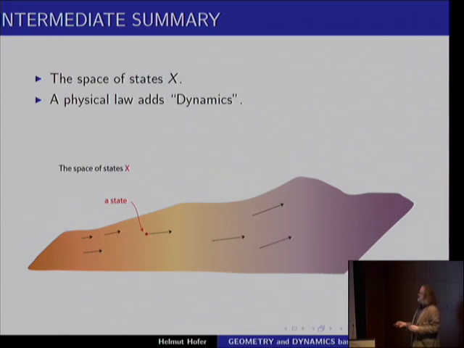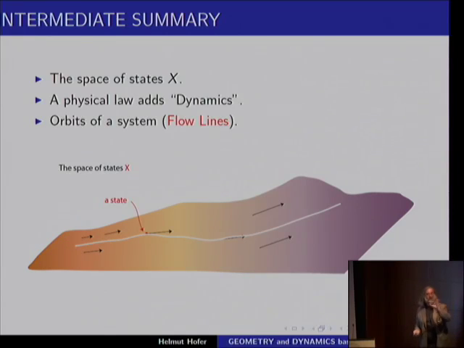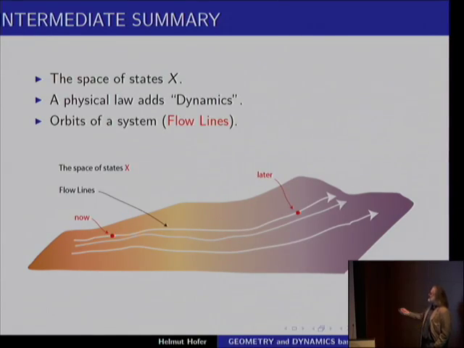And the actual movement is you move on a flow line. And you can do this for any starting point. So you get this space, and in the space you have this set of flow lines. And if you lie on a flow line, you have to stay on this flow line. And you will move in the direction of the arrows. Yeah, so that is how you should think of a physical system.